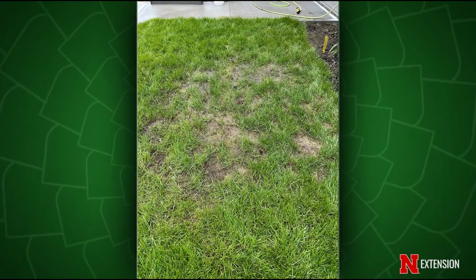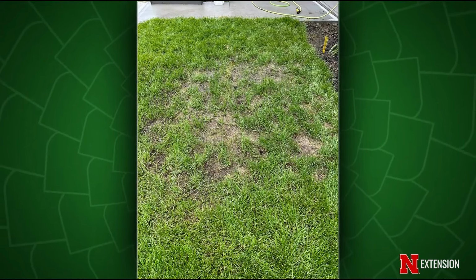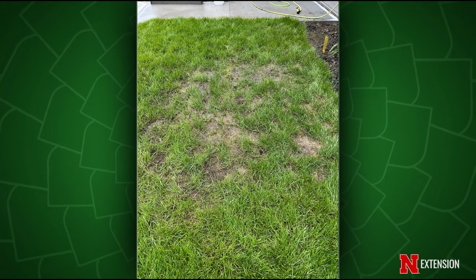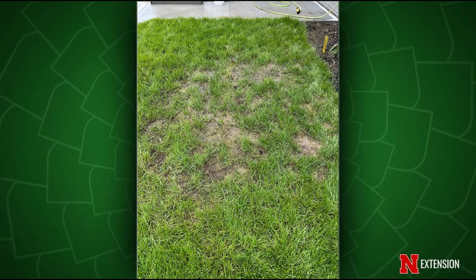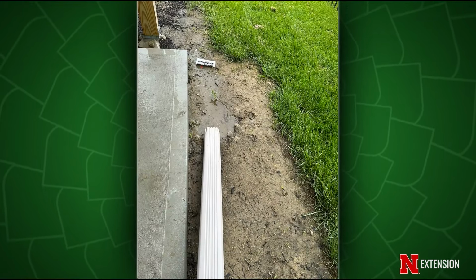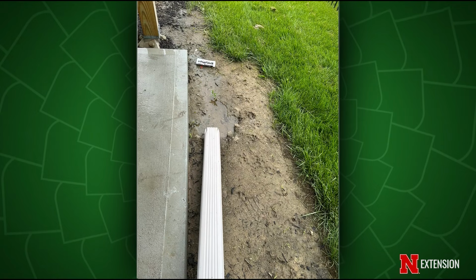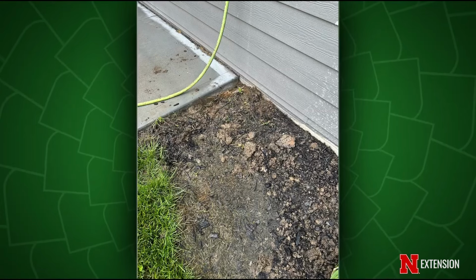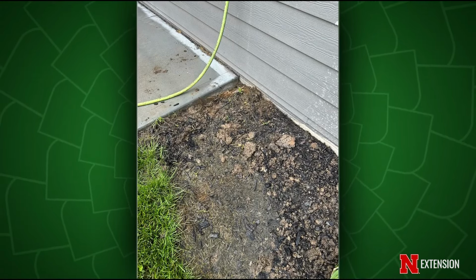All right, thanks, Jody. Terri, you have 3 pictures on this first one. This is a Gretna viewer. They just moved into a new home. Sod in the yard is over clay soil, and that is true of the landscape areas. They have standing water, difficult to dig. They're wondering, are there any soil amendments that they could incorporate to break down the clay soils so they'd have better drainage? Yeah, so you're going to do quite a bit of management here,